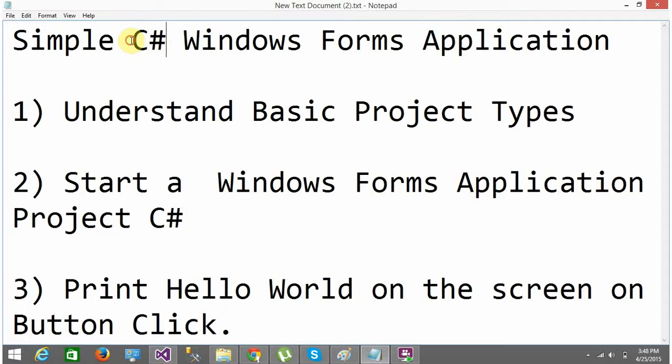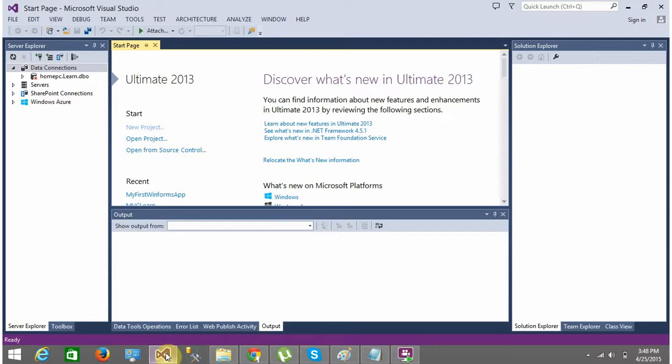Okay, now the prerequisite that we need before we start this session is that I'm assuming that you already have Visual Studio installed in your PC. It does not matter what version of Visual Studio you installed. It can be Ultimate 2013, it can be Professional, or you can also get the Express Edition from the Microsoft site and install it. Right? I do not need to give you instructions for that. Just Google Visual Studio Express Edition. Go to Microsoft site, download the software, and install it. This video applies for all versions of Visual Studio.